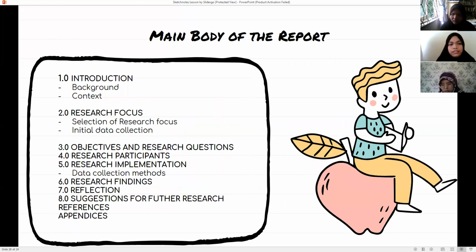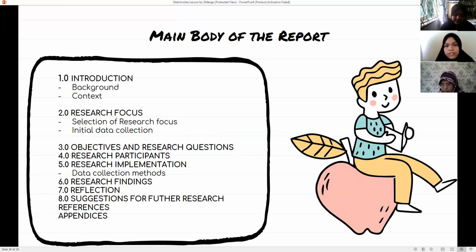And then, for the main body of the report, we have discussed this before in class. We have introduction, research focus with the selection of research focus, initial data collection, and then we have objective and research question. And the fourth one, we have the research participants, who are the participants of our report.